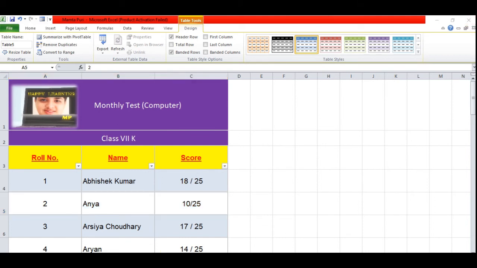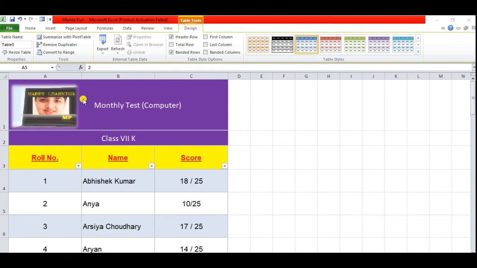While working with a database, you have to keep a few things in your mind, like do not leave any blank row in between records, as Excel treats a blank row as the end of the database. And when you create a table, Excel automatically adds filter arrows to each field label, allowing quick filtering tasks. As I've already told you, you can see all the filter arrows here. So don't leave any blank row here, as it will be treated as the end of your database.